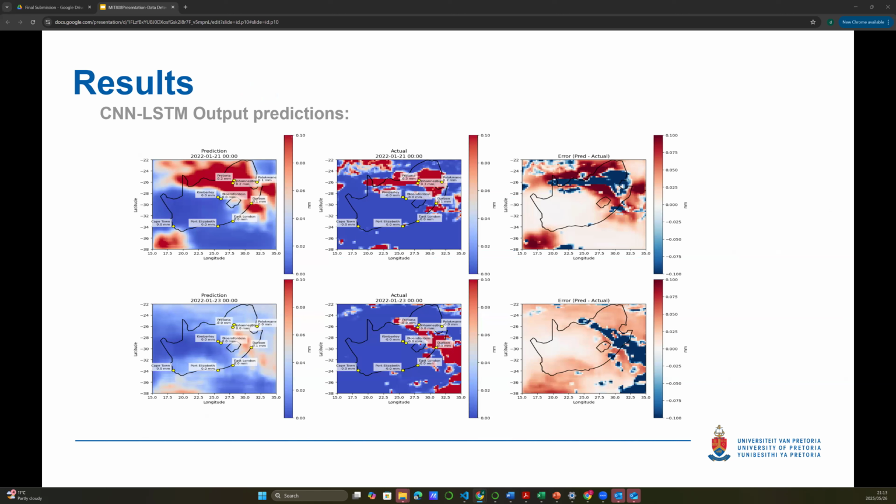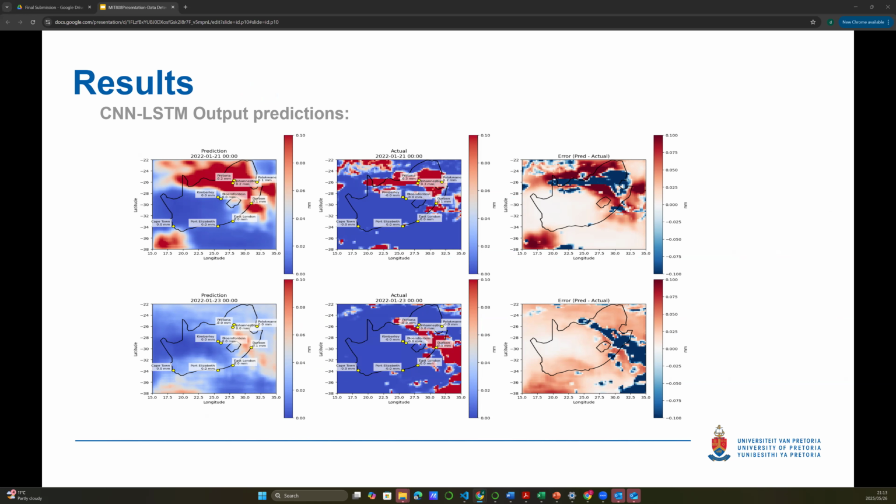This slide shows example results for the CNN-LSTM model. The top figure illustrates the predicted rainfall alongside the ground truth for the first forecast day, while the bottom figure shows the third forecast day's results. As seen in the figure, the model performs quite well on day 1, with predictions closely matching the observed data. However, there is a decline in prediction accuracy from the third day, with some regions either overestimated or underestimated in